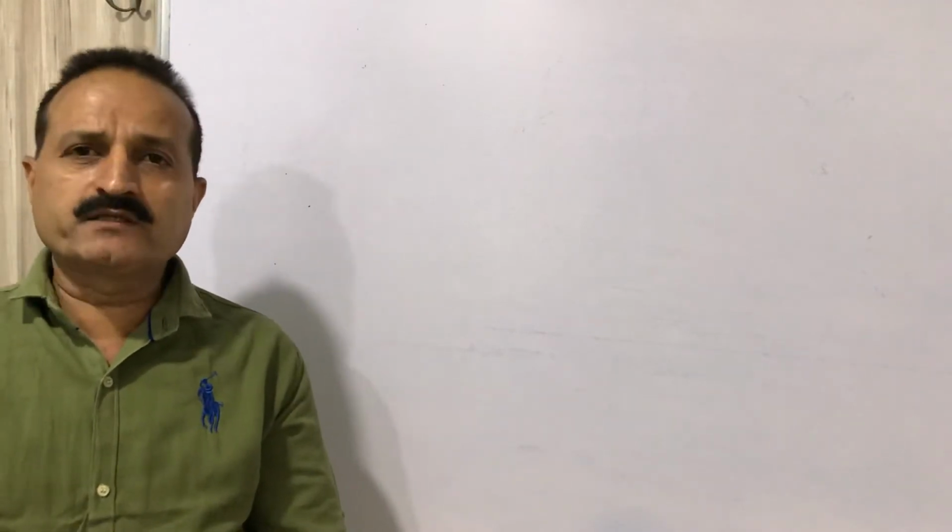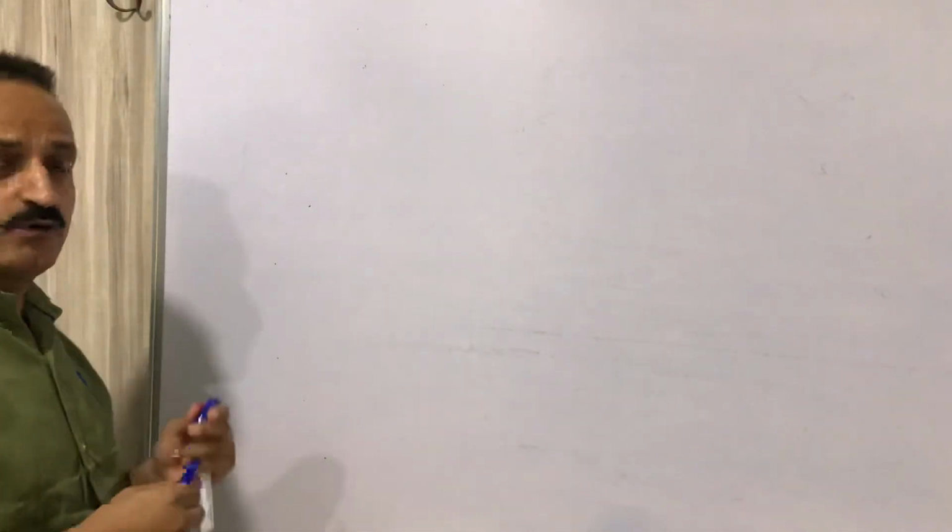Now what is the difference between aldehyde and ketone while we are discussing the chemical reaction? In aldehyde and ketone, there is one common carbonyl group. So we can think that the chemical reaction of aldehyde and ketone will be the same, but it is not the same. Why there is a difference between aldehyde and ketone in chemical reaction, we will discuss. So today's topic is the chemical reaction of aldehyde and ketone.